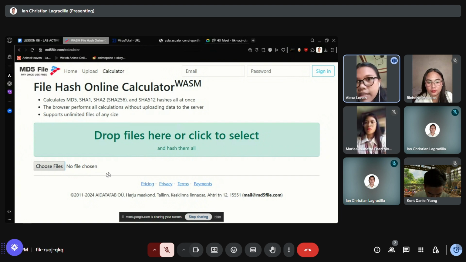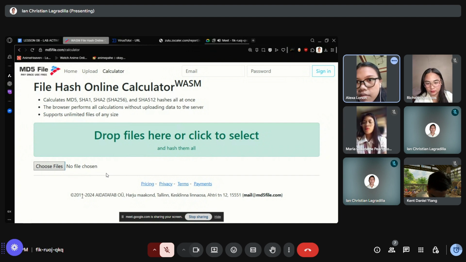If a file's MD5 hash matches one from a virus database, it's flagged as dangerous. File comparison: MD5 makes it easy to compare two files. If they have the same MD5 hash, they are exactly the same.